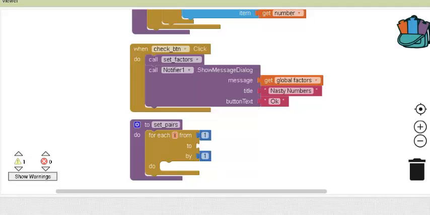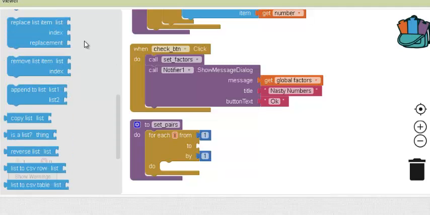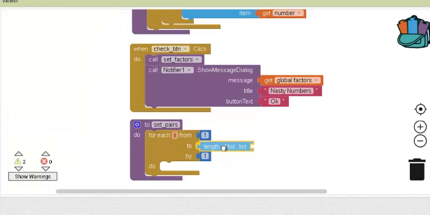So I'm going to go to list, and I'm going to drop in length of list, and the length of list is going to be my factors. From the first item of factors list